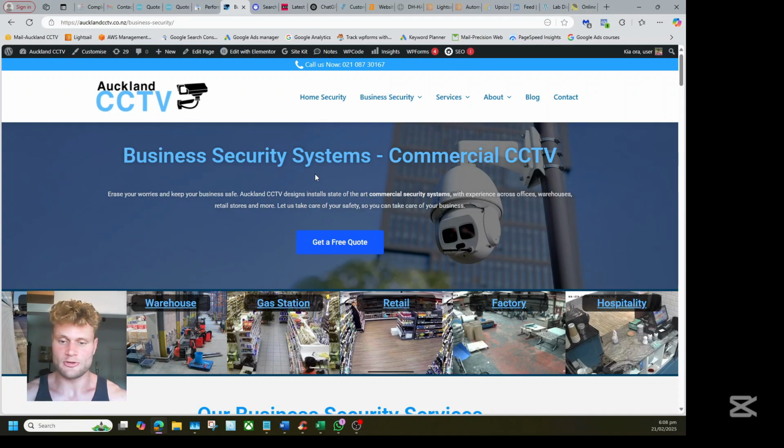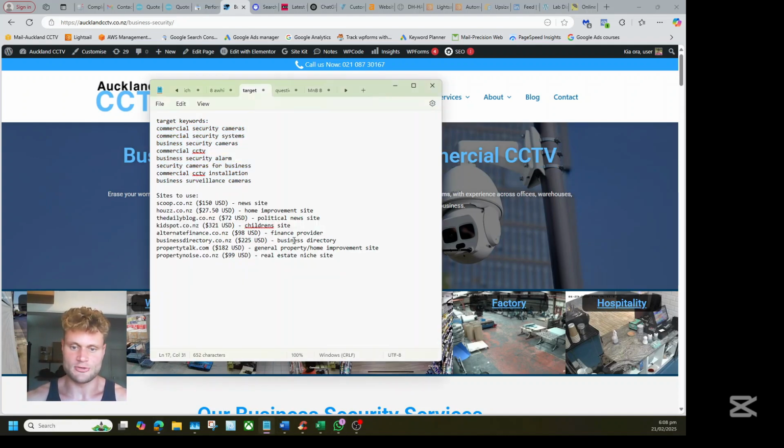but it is a high value page because Business Security Systems, they can start at maybe a few $1,000s, but they've also got the potential to be a 5-figure, even a 6-figure job. Sometimes they land as public tenders. So this is a really good page to try boost my rankings on. That's why we went through, we got these 8 sites to use for backlinks.